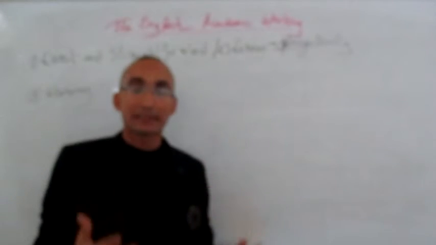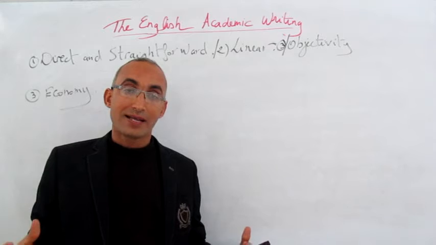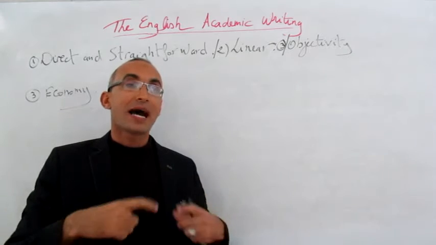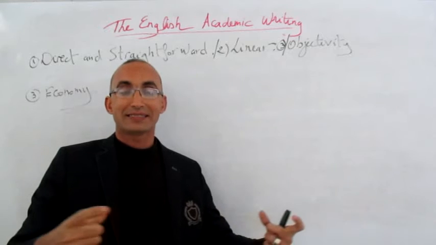What do I mean by economy? Now, in English, for instance, if you want to express an idea in a sentence, and you can express it only through a few words or through a short sentence,